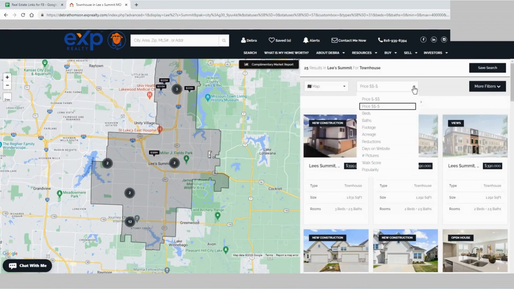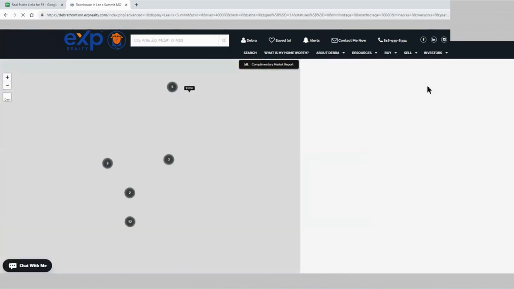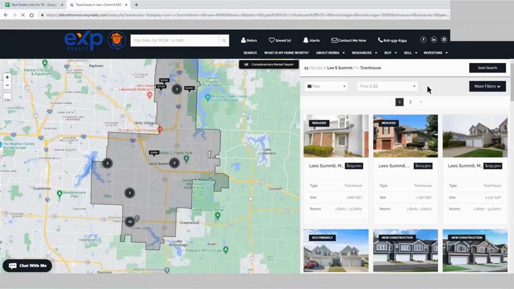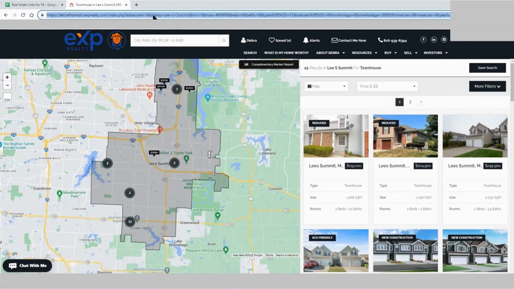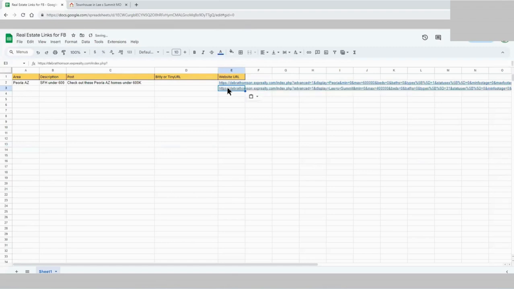And then again, I usually try to change them from price being smallest to largest. And then I could change any other filters that I wanted, but I'm fine with that. So again, I'm going to click on the address anywhere, doesn't matter where, just click on it. It'll be highlighted. All of it will be highlighted. And then I'm going to just copy that, Control C, and add that to the next line for my website